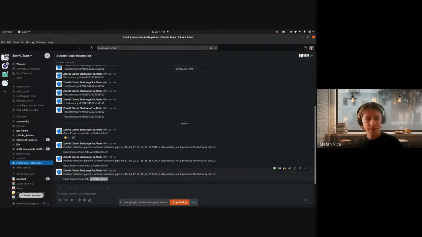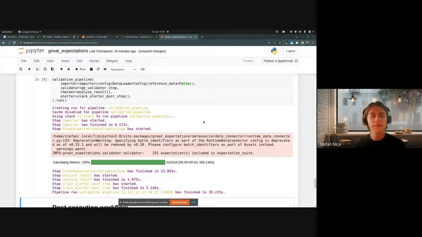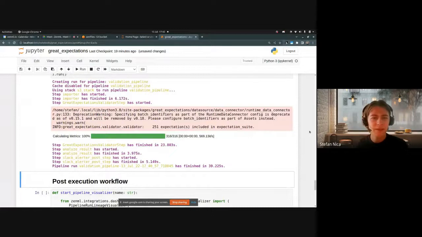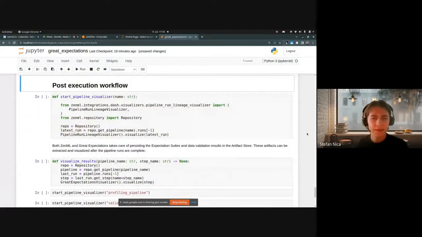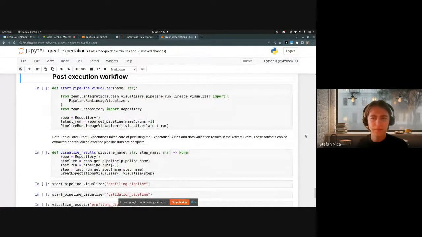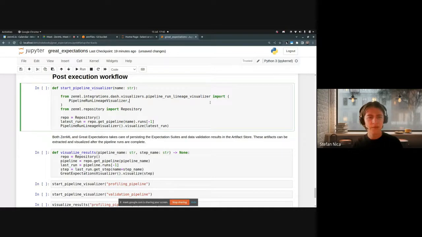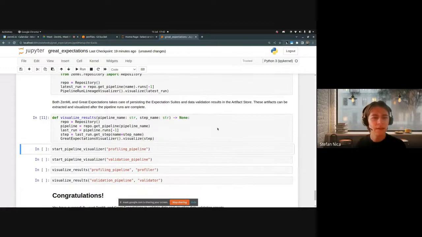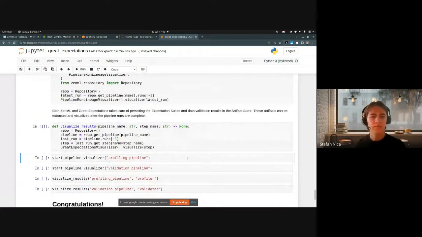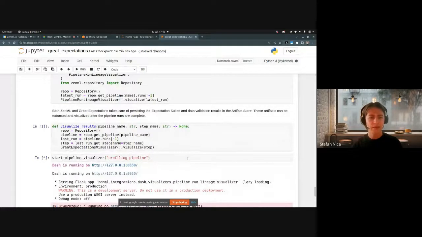Failed in this case because the validation rules that are inferred from data sets by Great Expectations are really tight fitted to the data. They need to go through some manual interaction and be pruned and better fit to the data sets. Otherwise, they will just fail in all the validations. So finally, the post-execution workflow where we can visualize the pipelines and the results from our pipelines. We have just two utility functions here. So what I'll show you next is